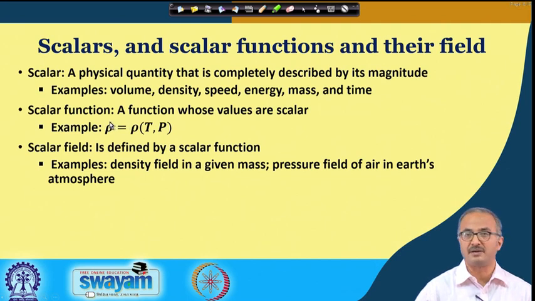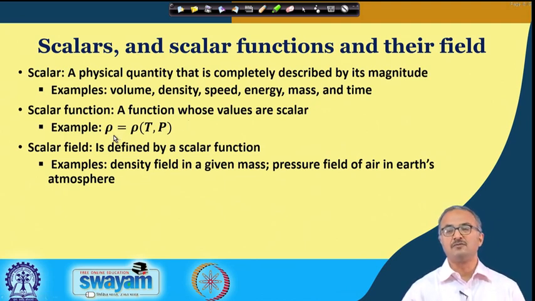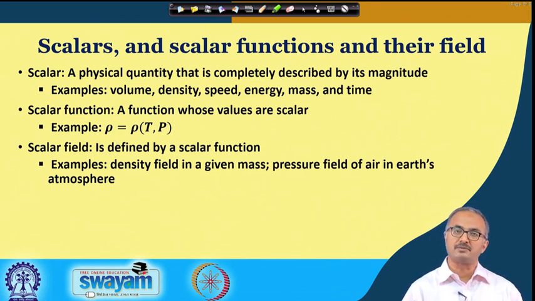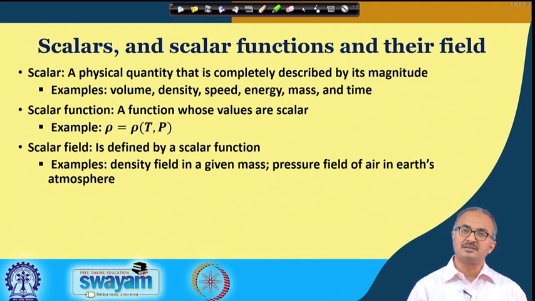Then we have a scalar function. What a scalar function means is those functions which have some scalar value. For example, we talk of density. Now, we know that density in itself is a function of the temperature and pressure of the particular system. So, we can represent density in terms of these variables, temperature and pressure. So, it becomes a function now. And whenever we plug in the values of the temperature and pressure of the system, we get some value of the density, and we call this a density function. That is how a scalar is different from a scalar function.